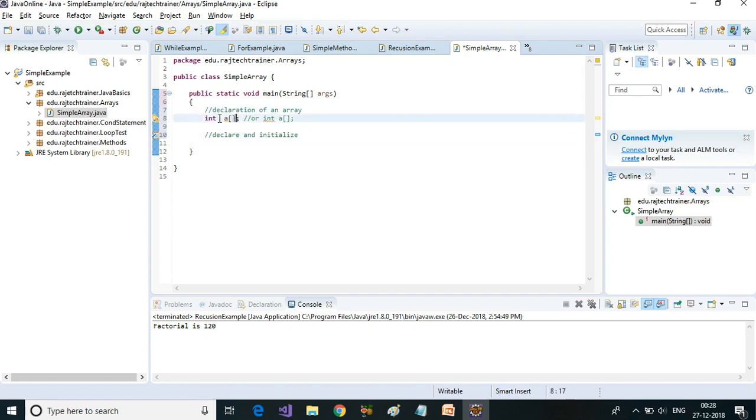It's one and the same. Okay, the usual practice is this. Okay, so let us see now declare and initialize. So int b is equal to new int of